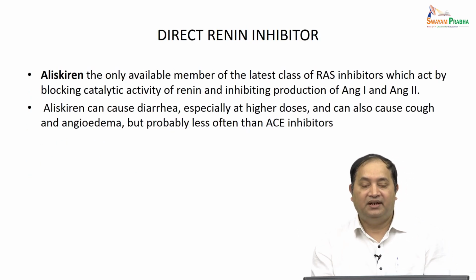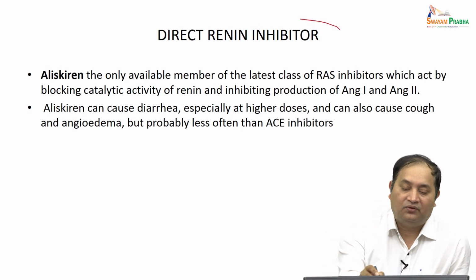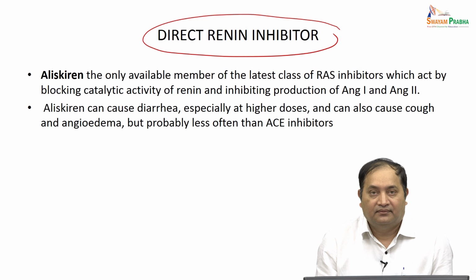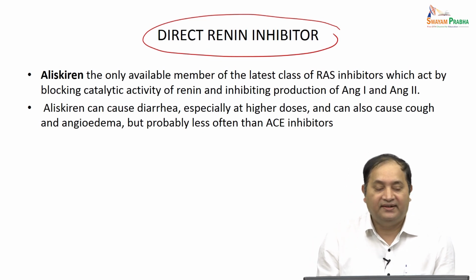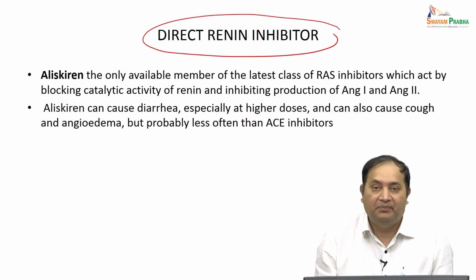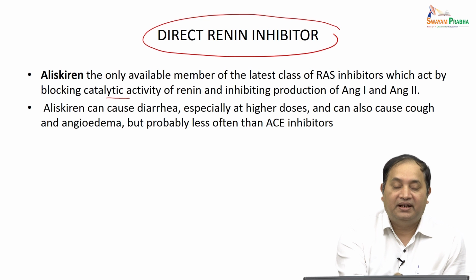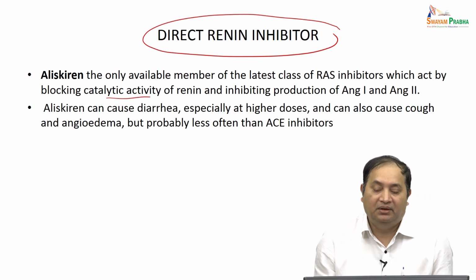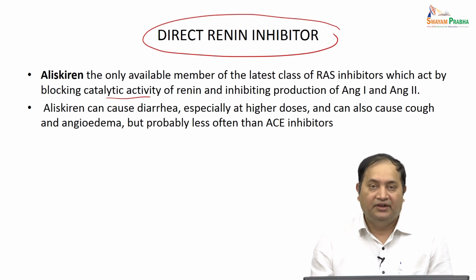Now, as you can see, we have a drug which directly inhibits renin. One of the drugs we discuss, aliskiren, is the only available member of the latest class of renin angiotensin system inhibitors, and it acts by blocking the catalytic activity of renin. By inhibiting it, what it inhibits is the production of angiotensin 1 and 2, and as you know, angiotensin 2